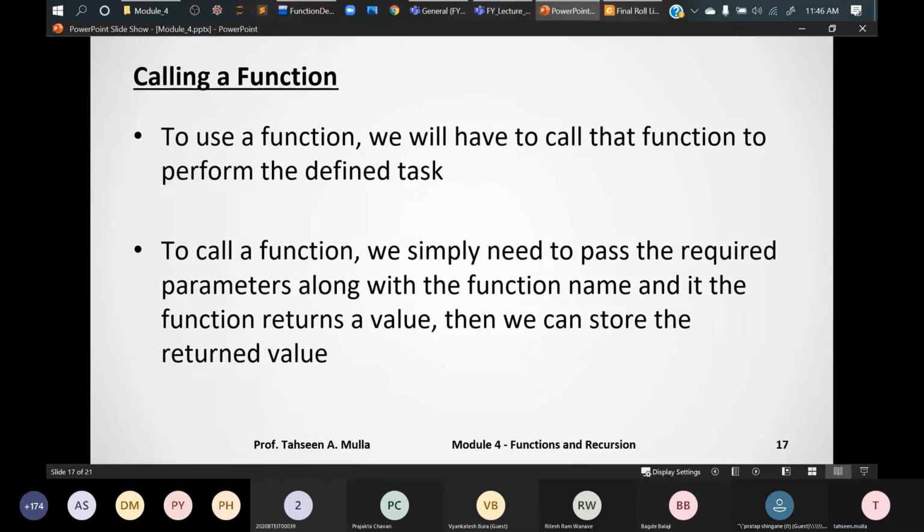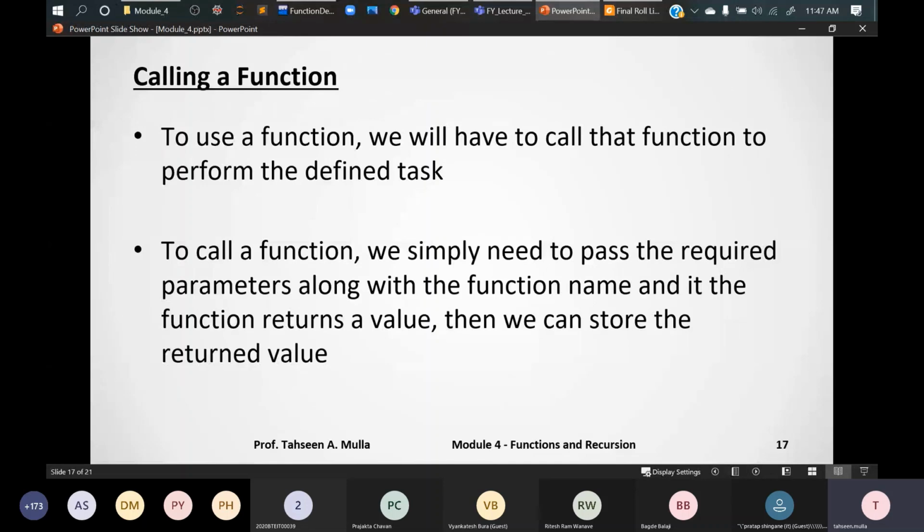So if we divide that into four different logical parts, if I want to call multiplication, I will use mul as a function, right? So particularly I must know the function name to perform only that function for a defined task. To call a function, we simply need to pass the required parameters.